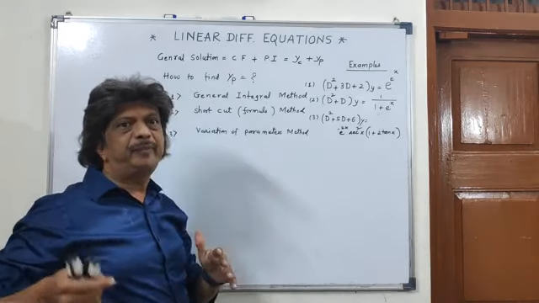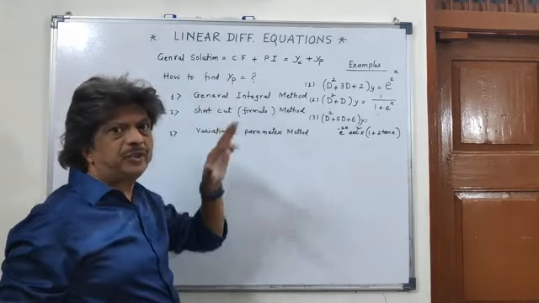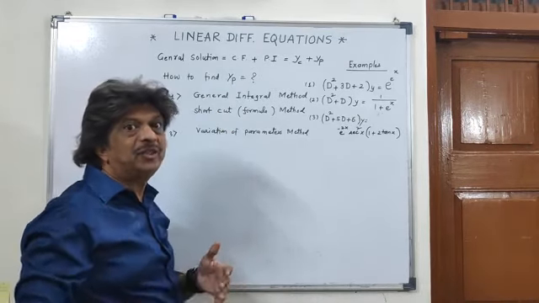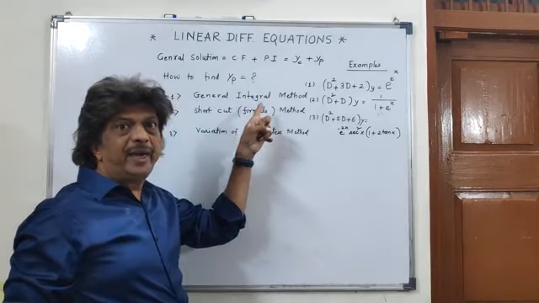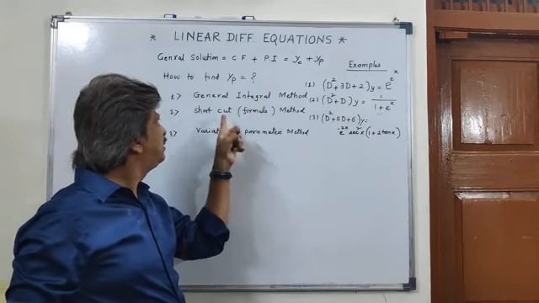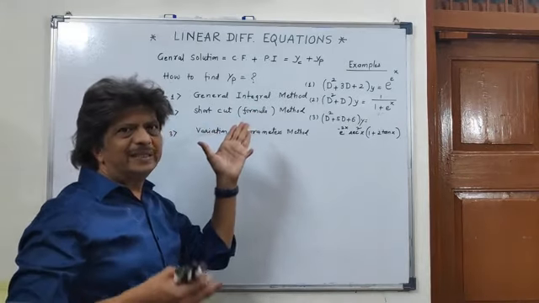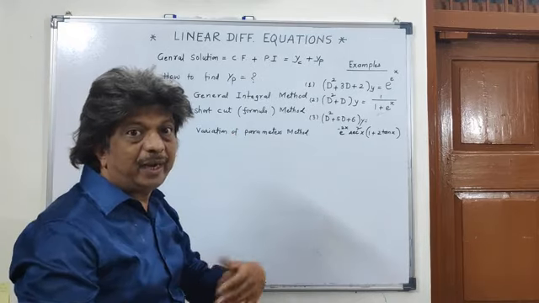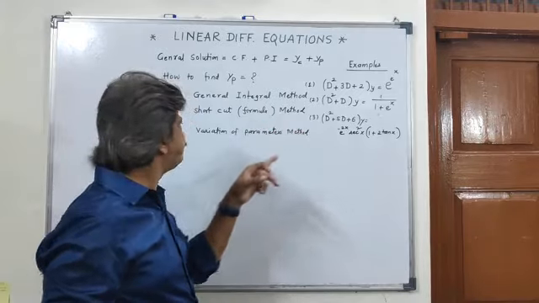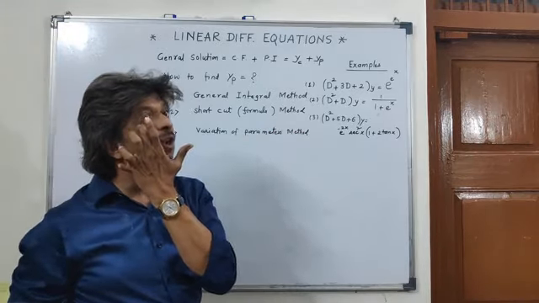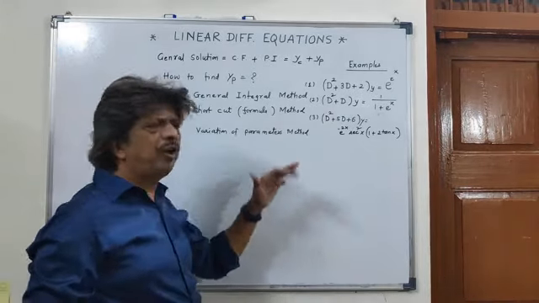There are three different methods of finding out the particular integral of linear differential equations with constant coefficients, depending upon the nature of the problem. The first and foremost method is the general integral method. The second method comprises the shortcut methods. It has 7-8 different formulae by virtue of which we directly determine the particular integral. The third method is called the variation of parameters method. It is also a very cracking method.